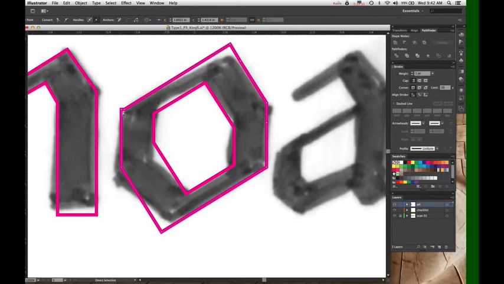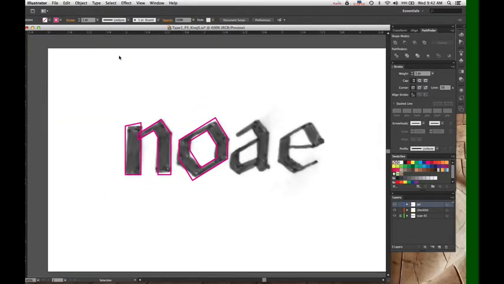This one is a little tricky. I want it to line up with that, so I'm going to move that one down, delete that anchor point. All right. So now that's the Pathfinder tool in action. And for a typeface like this that is very, very angular, I would absolutely use the Pathfinder tool to make my shapes.